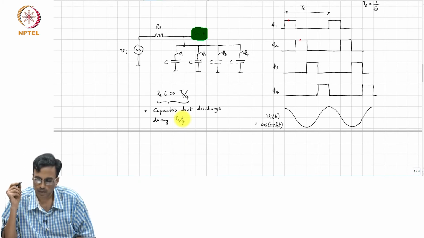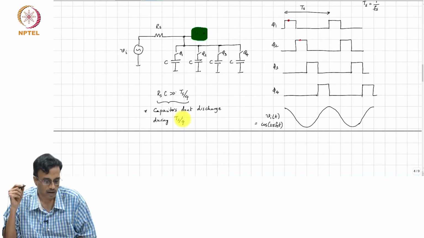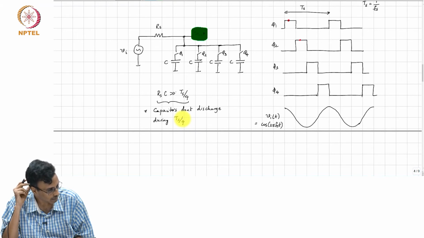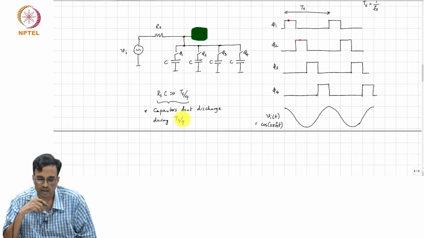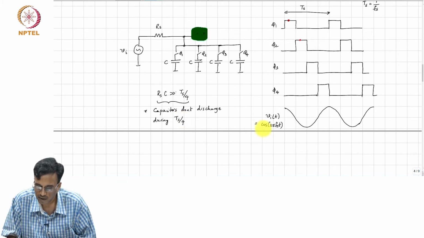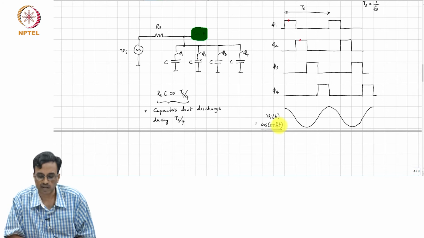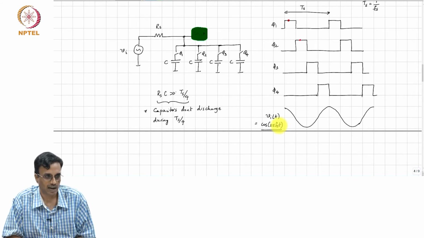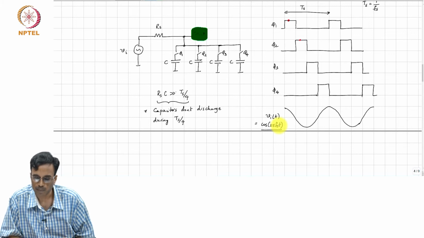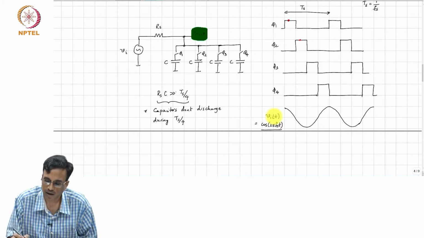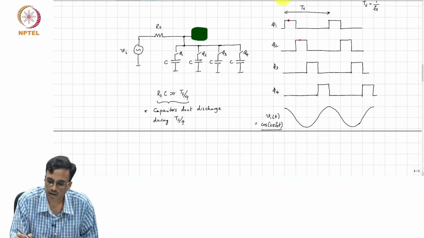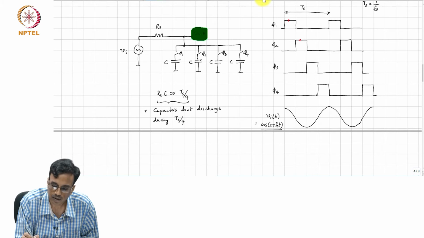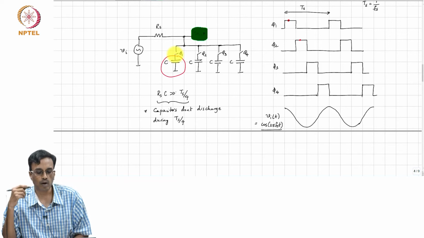All right. The next thing is, what comment can we make when the input waveform is at the same frequency as F s. In other words, the input is cos 2 pi F s times t. So, let us see what happens in steady state, when phi 1 is on. What do we see? This capacitor, that is this guy here, right. What part of that input waveform is it seeing?